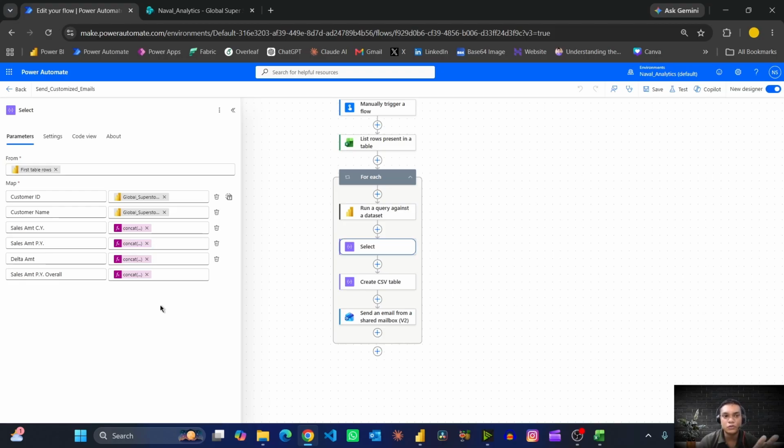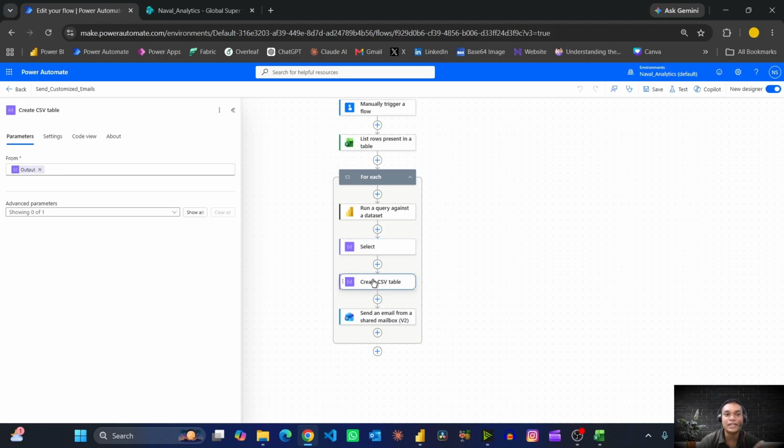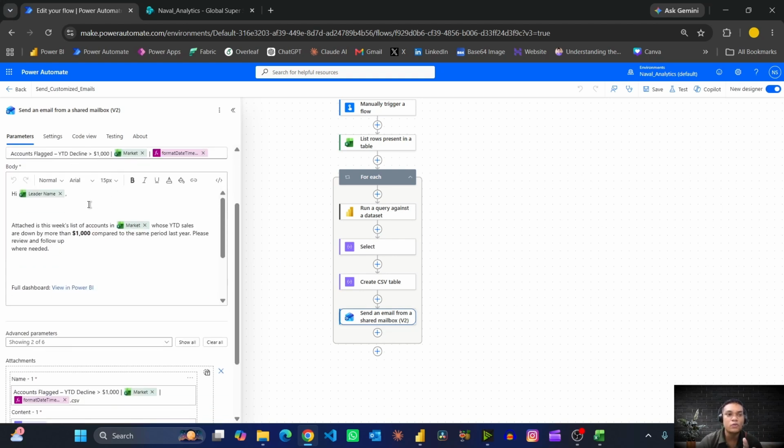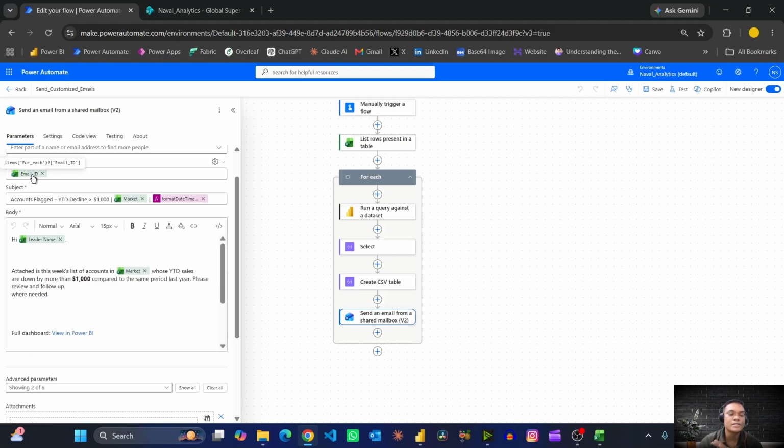Once we have used the select function, we are going to use a create CSV table. Again, the output of the select is going to be input of this create CSV table. And after that, what we are going to use is send an email from a shared mailbox. So we have this shared mailbox. We are going to use it for the To field, as the email ID is mentioned in that